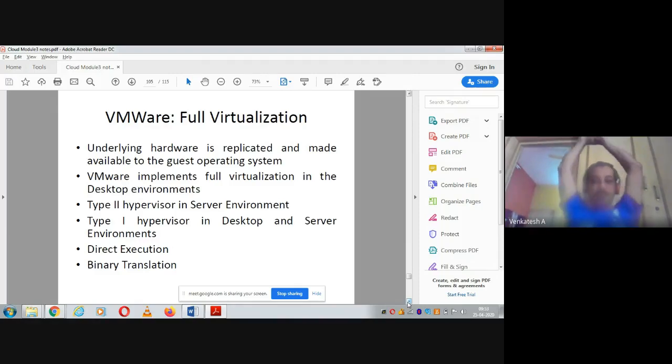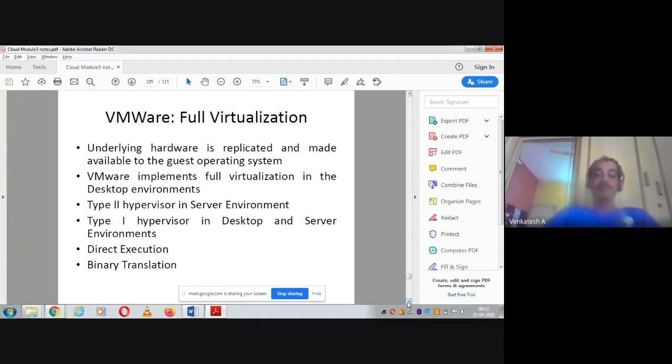And VMware implements full virtualization in desktop environments. It uses a type 2 hypervisor if you are applying it for a server environment, and if you are applying it for desktop, it uses a type 1 hypervisor.